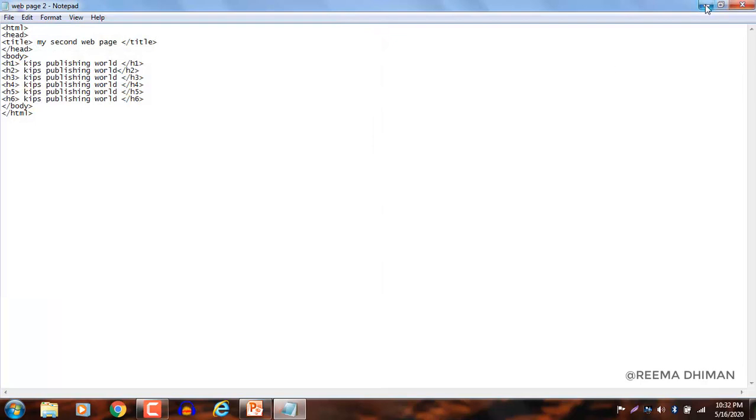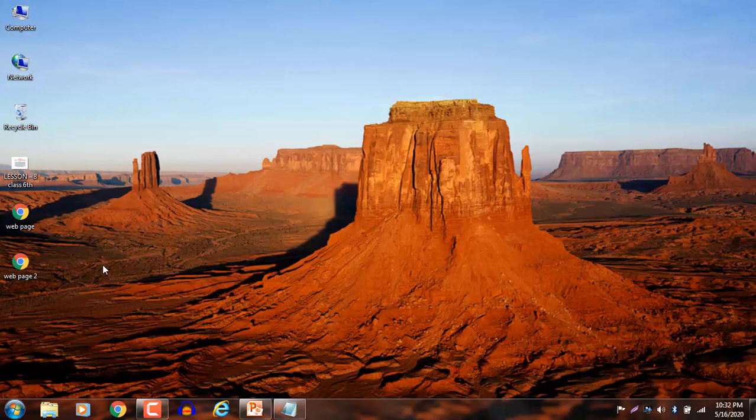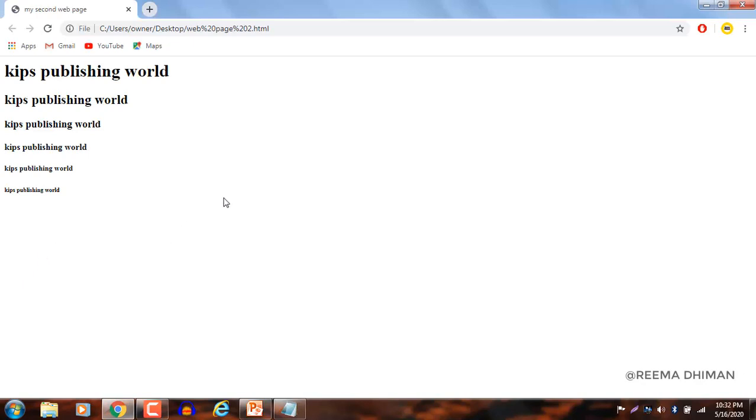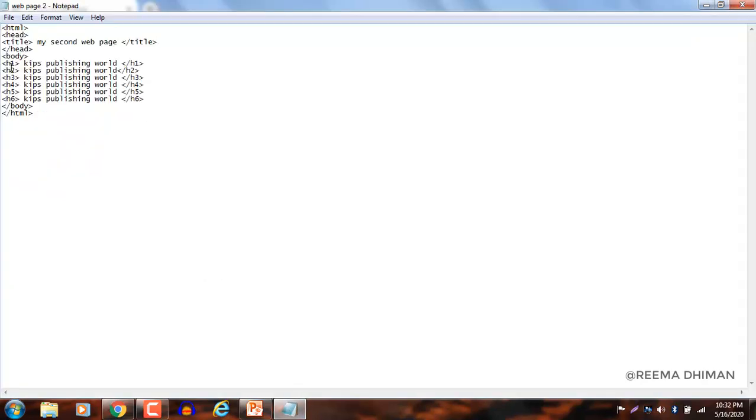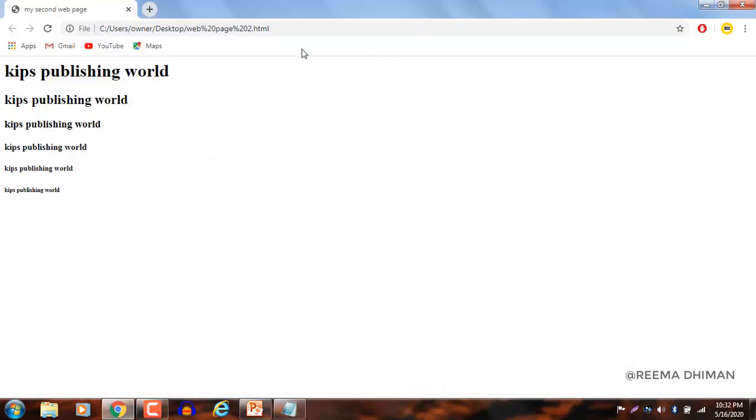Now we will go to the desktop and open this web page 2. So double click on it. So observe the changes. As in the code, the h1 tag is used for the largest heading. So you can see in the first line there is the largest size of the text.